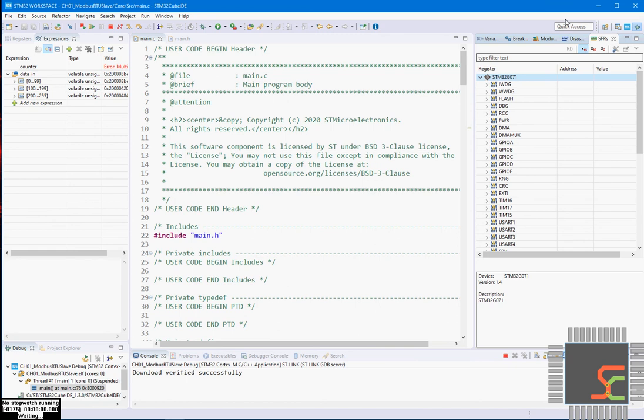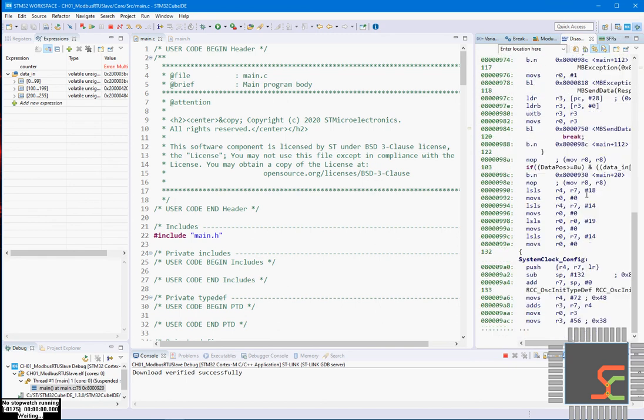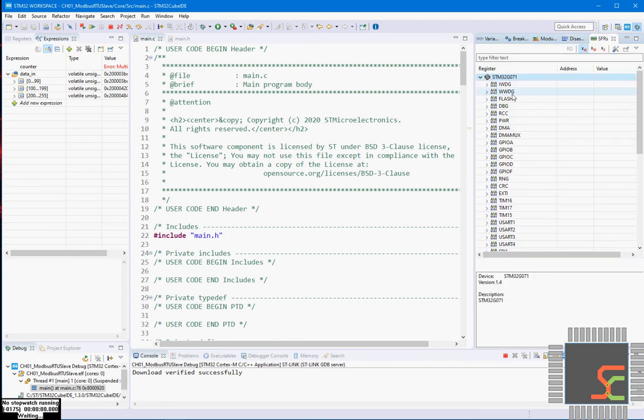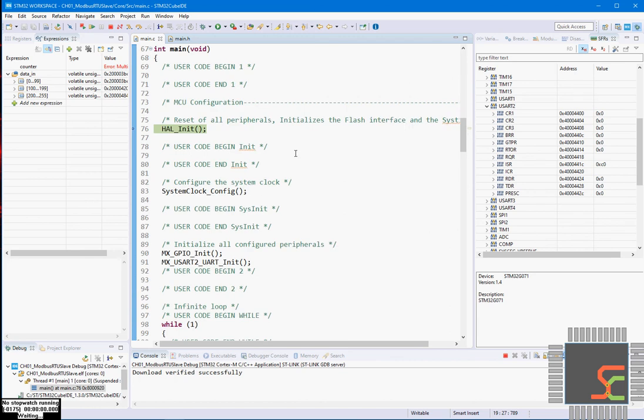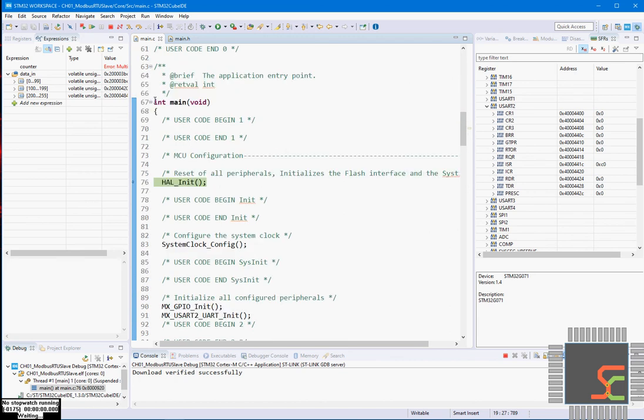This is the actual assembly language code converted from C language by the compiler, and also the peripherals which we configure. Since we are configuring USART2, there are a total of 4 RS232 ports, so we are using the third RS232 port, and by default it comes and halts at the start of the main function.